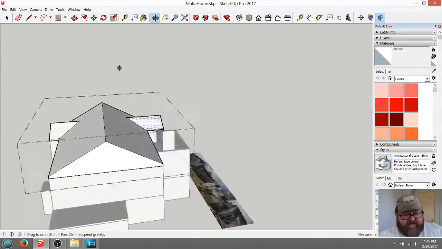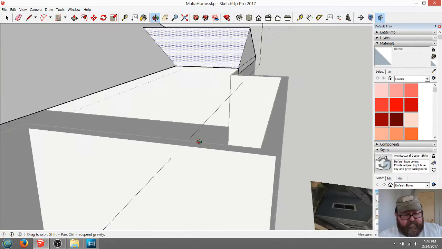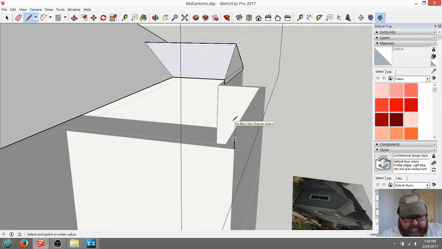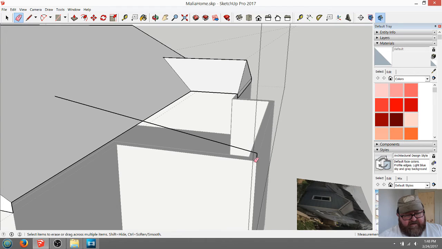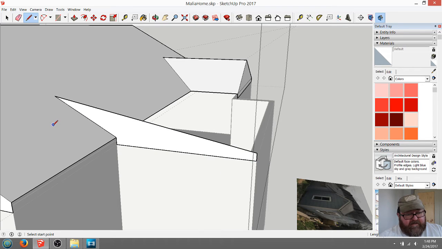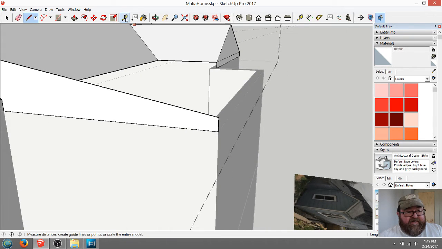So if we go back down here, let's go up 30 and see where that hits the roof. I think I'm going to stick to my guns on that. I think I'm going to be about right on that 30-inch rise. So that means this will come up to there and go over to there like that. And then if we bring this out 2 feet,